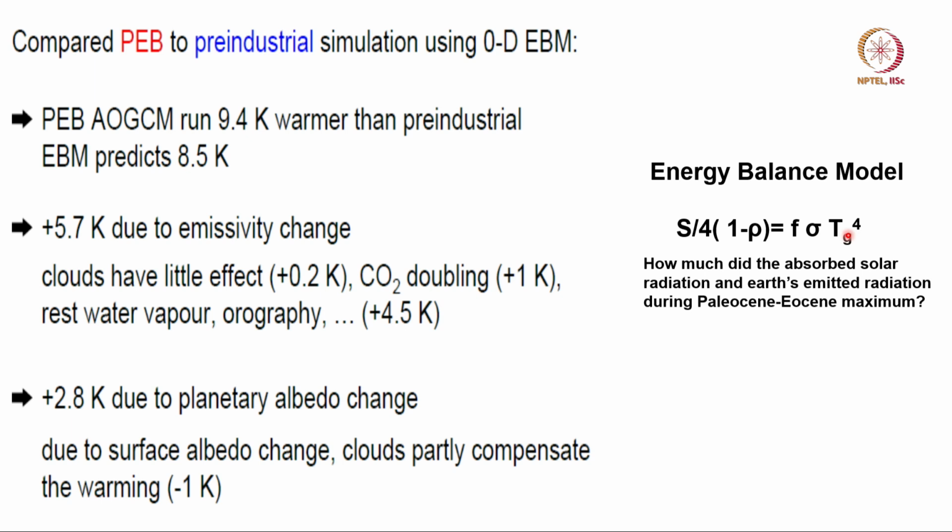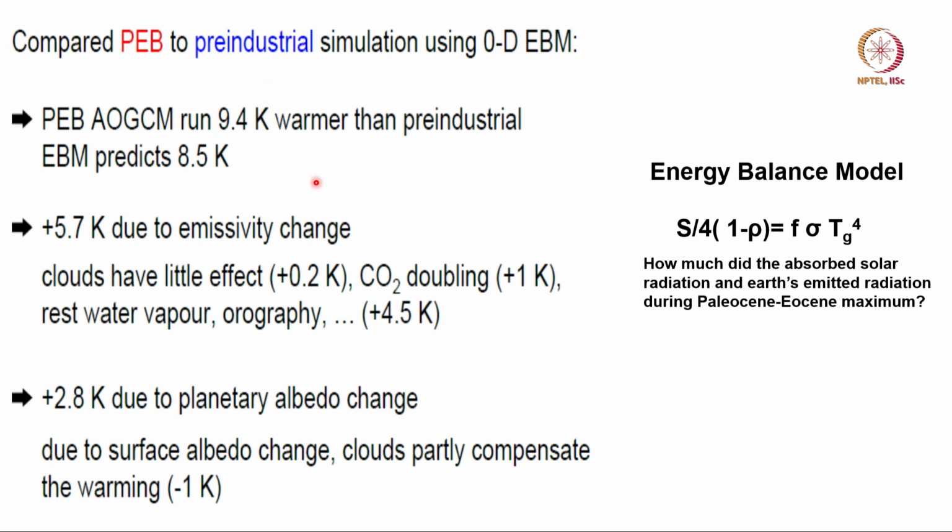So this is the simple model they use, although I have criticized it. Still, it is useful. The left hand side is the radiation absorbed from the sun, and the right hand side is the radiation emitted to space. F is the effective emissivity. Looking at all the model data, you can find out how much F changed, how much rho changed, and how much each contributed to the change. The model showed a 9.5 degree warming.